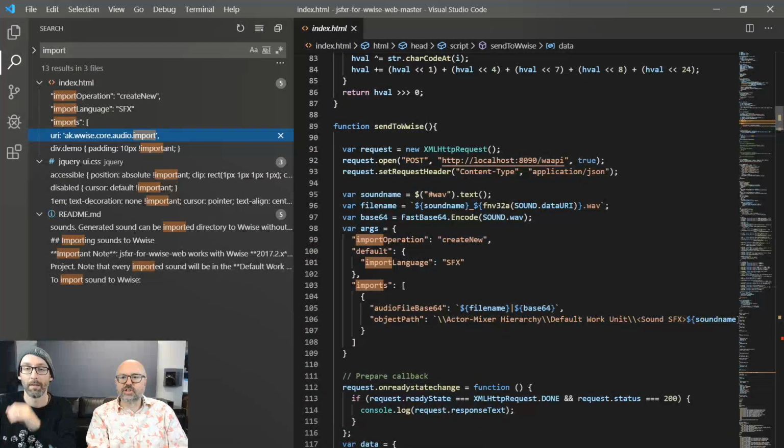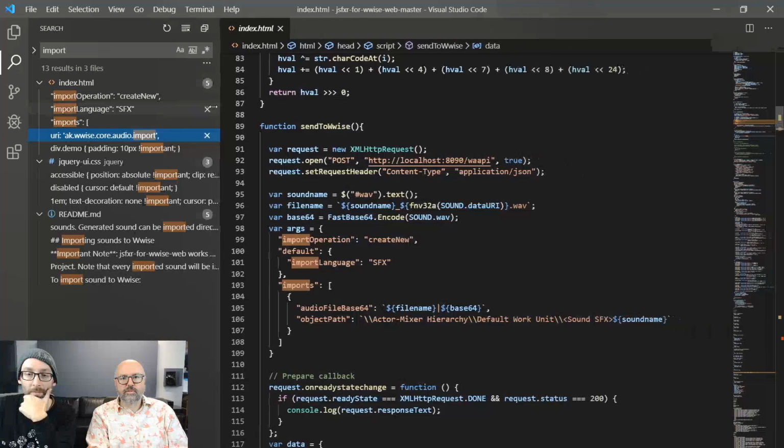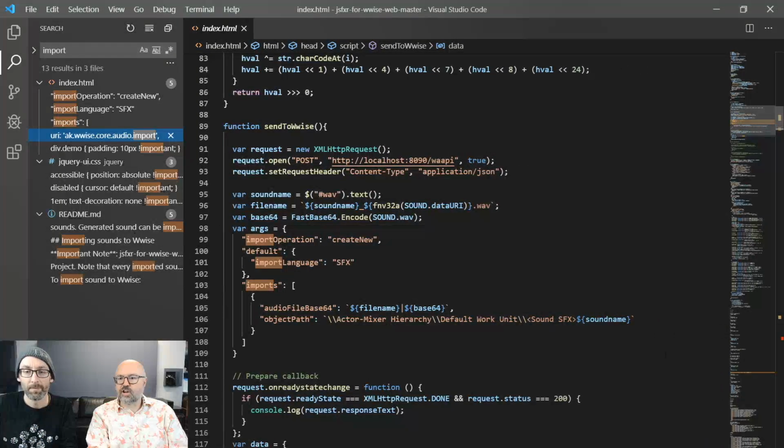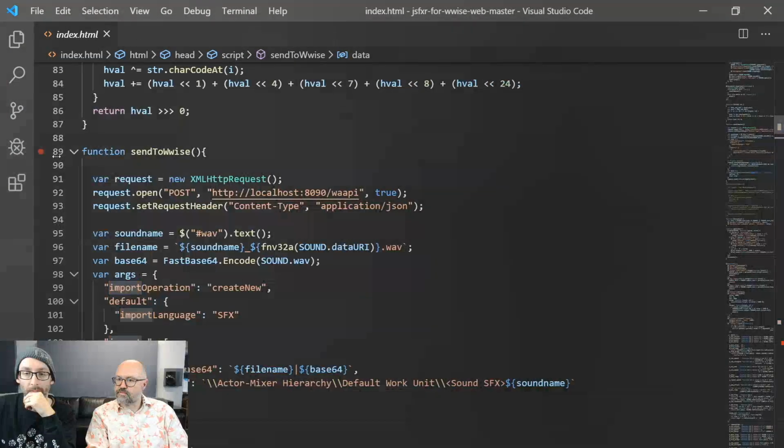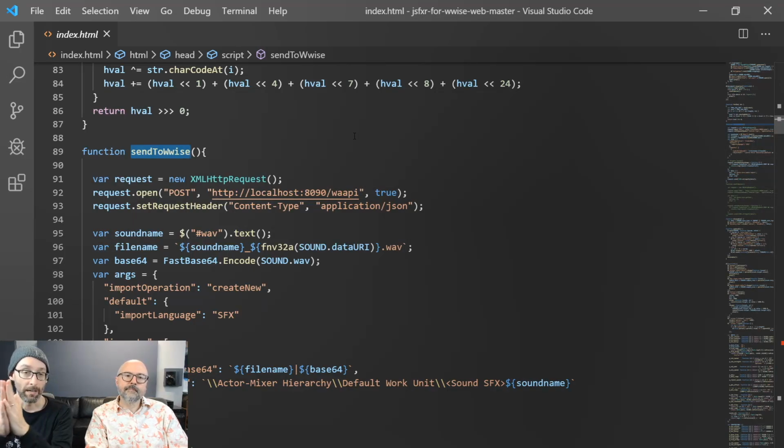A lot of great features, and it's really just a perfect environment to get started with looking at and understanding some of the finer points of these coding languages. So this is the implementation of the Send to Wwise button. This is mostly for programmers.